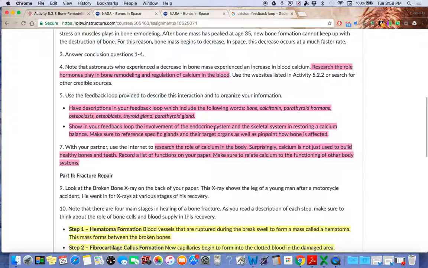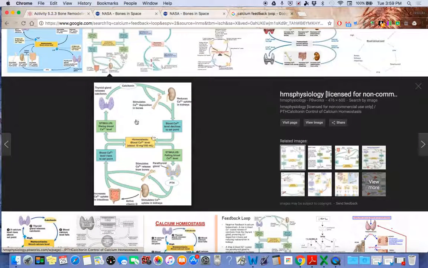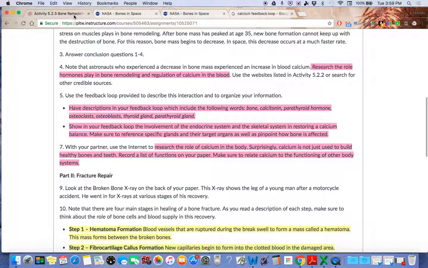So I've kind of cheated for you guys to help you out, and I found you a feedback loop that looks like this. It's on your paper, but you need to add some things to it, okay? These things right here in pink, I want you to make sure that it has all that on it, and you can add notes or bubbles if you need to, okay, or descriptions. So make sure it has all these words on there,